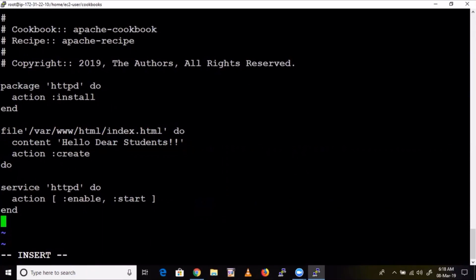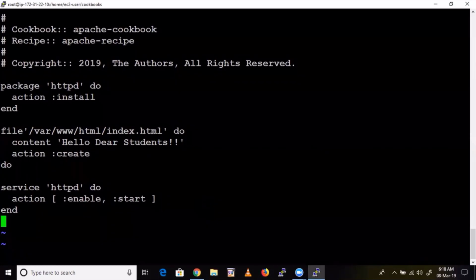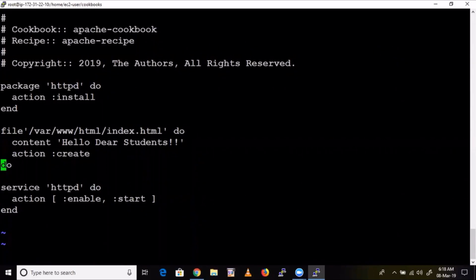So let's read now. One question. Yes, please. After the file block, do we need the end or the do statement? End statement or do statement after the file block completes? Oh, sorry. End. And I forgot to use space as well. Otherwise, yeah, it's end only.